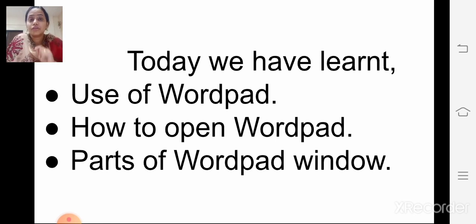Okay, we use this WordPad for typing, editing. Okay children, then how to open WordPad we have seen. How to open WordPad and parts of the WordPad window. So remaining lesson we will continue in our next online class.